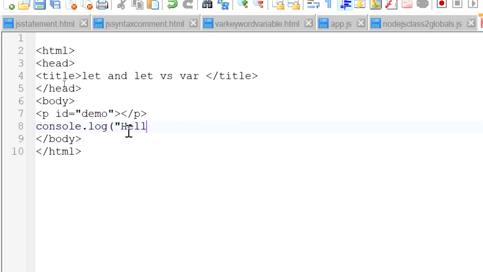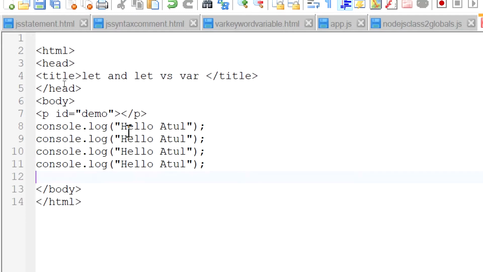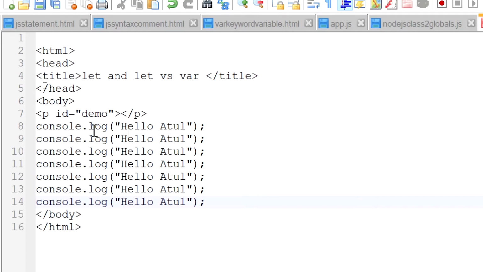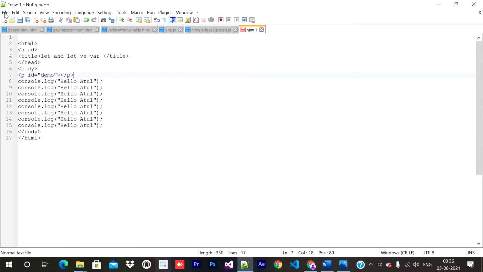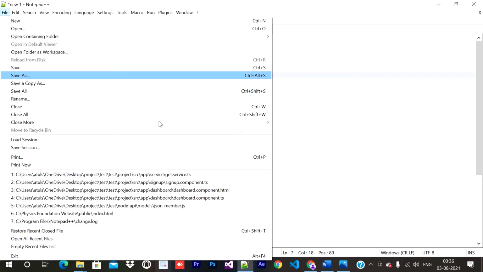I am writing console.log hello Atul, then copy that line and paste it, and count them: 1 2 3 4 5 6 7. So 8 times we are displaying hello Atul on the console. If there were no variables, we would just repeat the same code again and again.